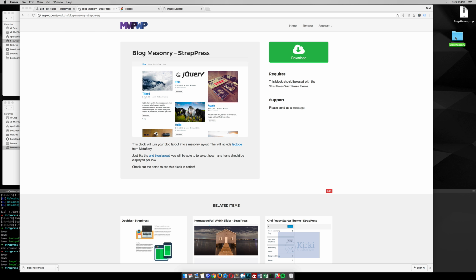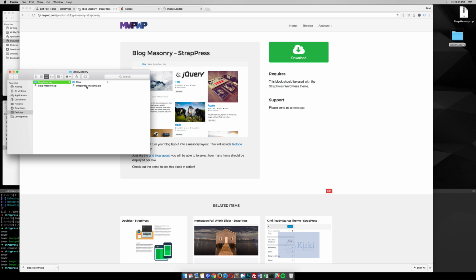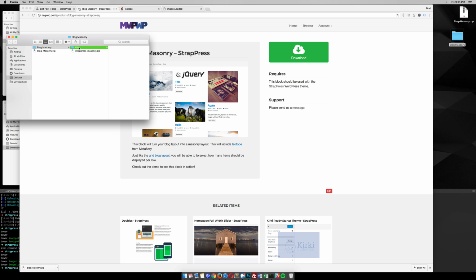go inside here. As always, I include a demo theme right here that you can use, but I wouldn't recommend using it as a starting off point because it might be an old version of StrapPress. Always recommend going and downloading StrapPress from GitHub or mvpwp.com. Alright, so let's dive in here. We got the files,